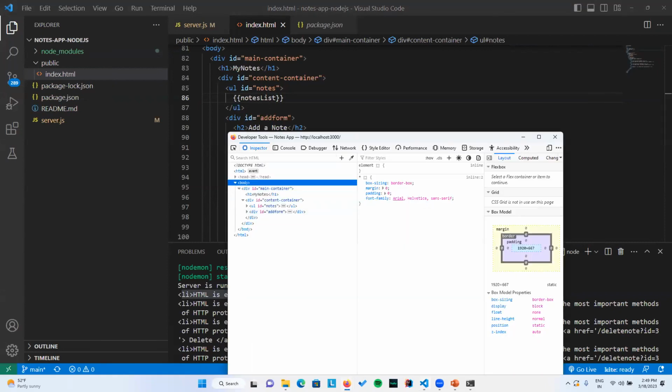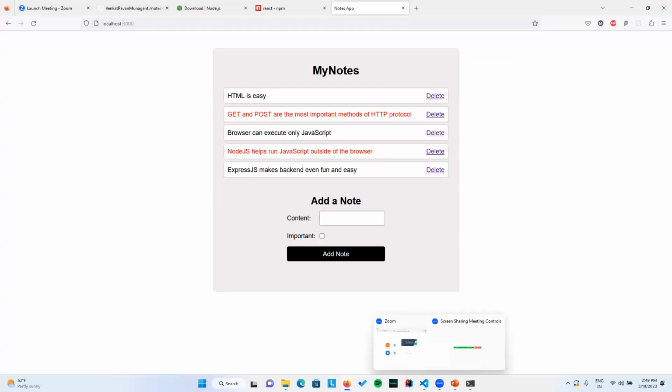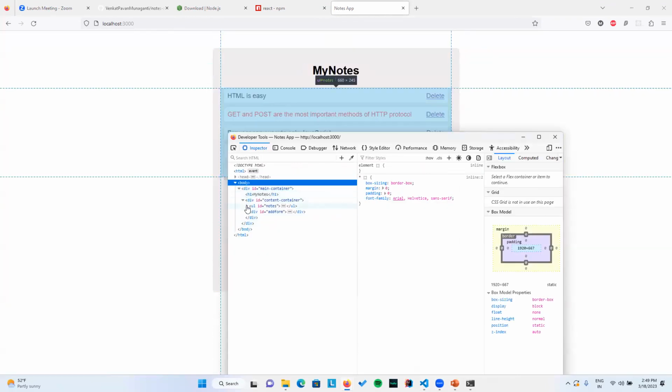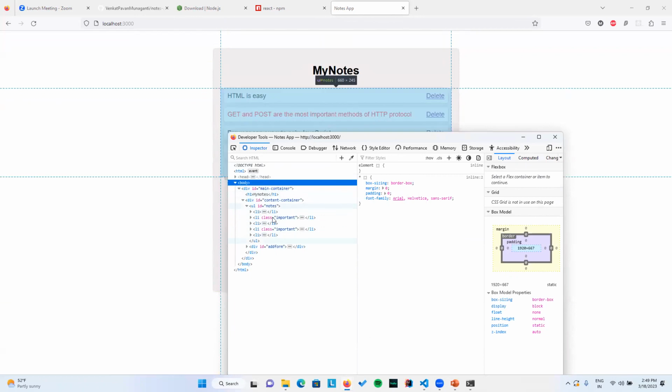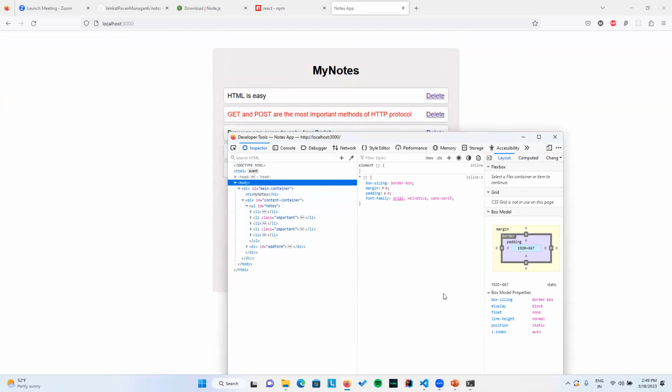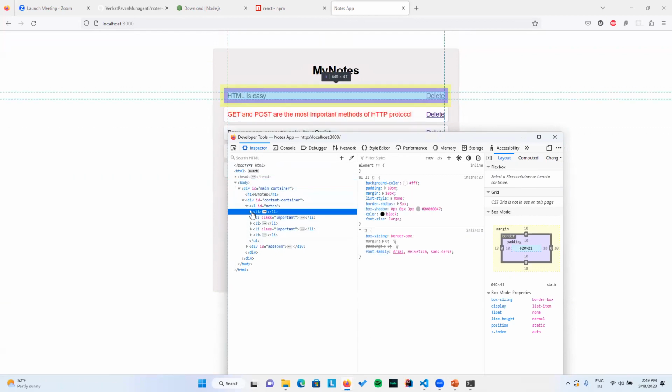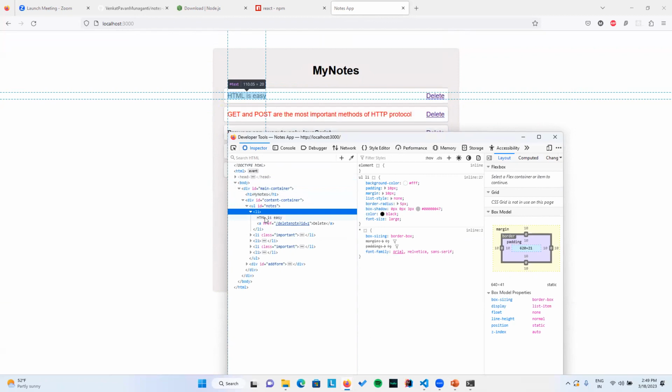But if you see in the server, you can see there are 5 list tags, right? These list tags are generated from the array we have in the server. So we are writing a list tag and then the content of the list, and then we are writing a hyperlink,